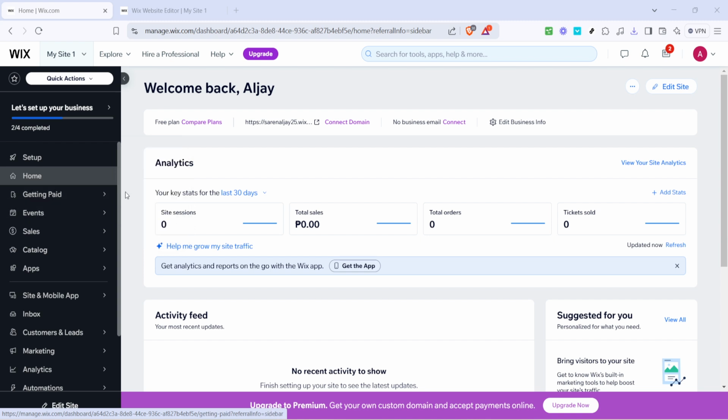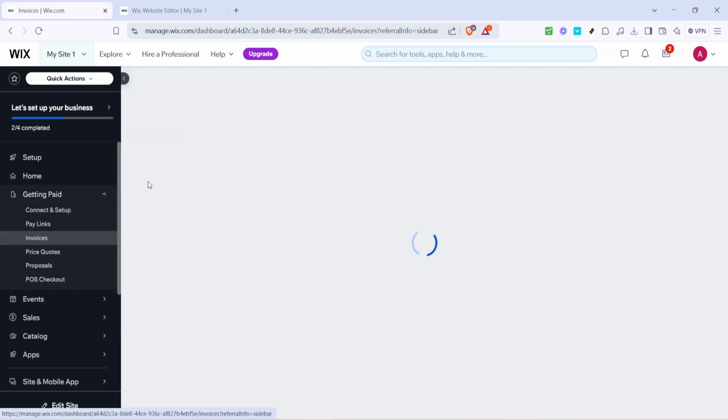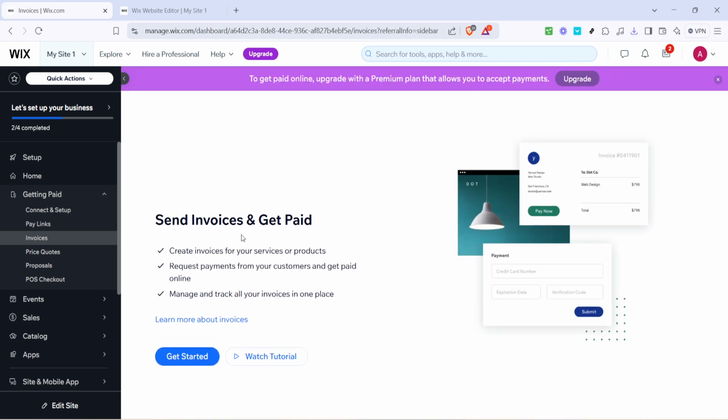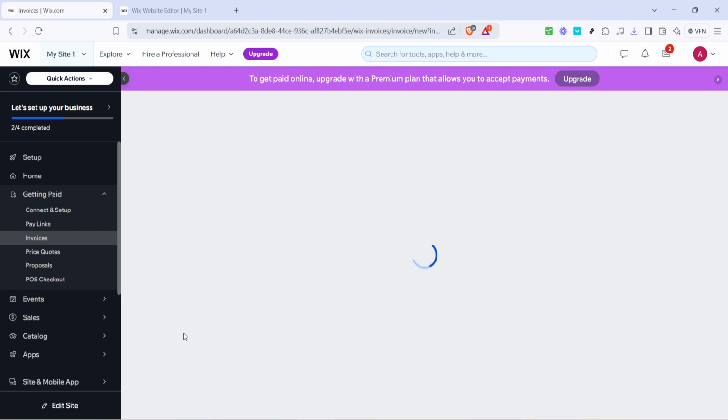Next, click on the Invoices tab. This is the section of the dashboard where you manage all your invoicing needs. Clicking here will lead you to a page filled with tools and options to customize and send your invoices efficiently. On this page, locate and select the Get Started button. This will initiate the invoice creation process, bringing up a new interface where you'll input all the necessary details for